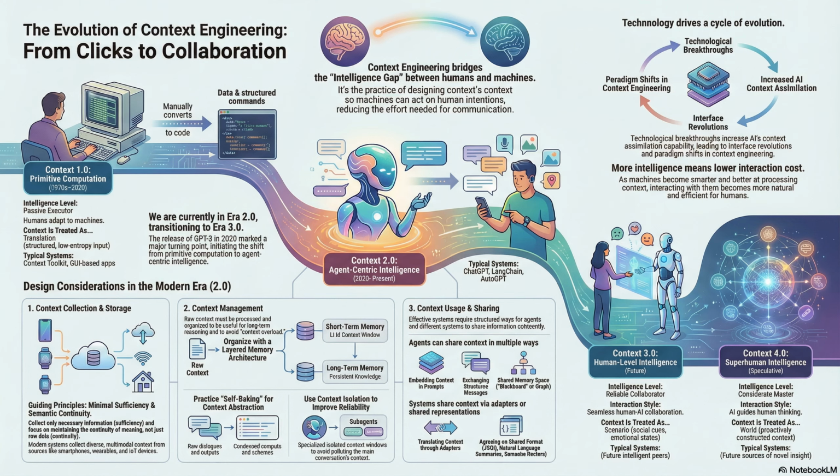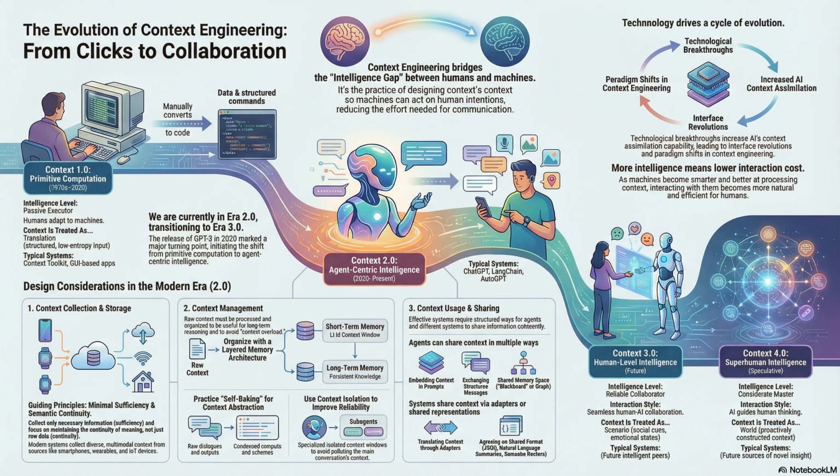Precisely. Humans are excellent at filling in gaps. We are natural entropy reducers. We thrive on ambiguity. But silicon-based intelligence, machines, historically are terrible at this. They freeze. They see the chaos and they stop. So context engineering in the academic sense is all the effort required to compress our high-entropy human intent, our messy, vague desires, into a low-entropy representation the machine can actually execute. This is the tax we pay for talking to machines. It's the translation layer between our messy brains and their rigid logic. That is a great way to put it.